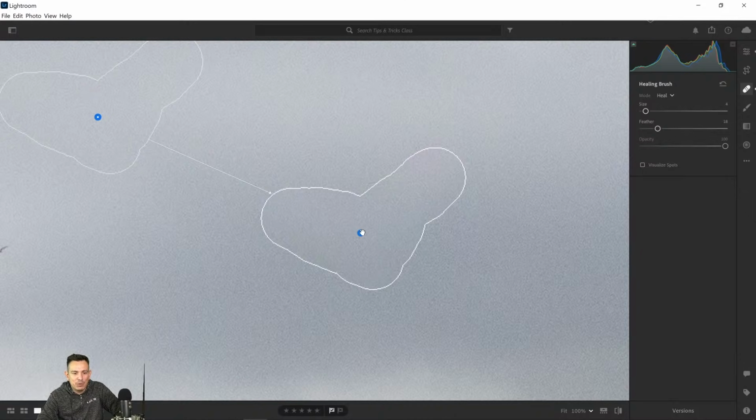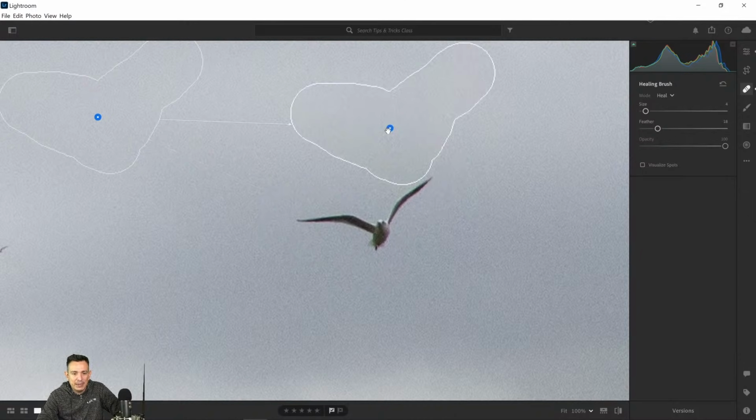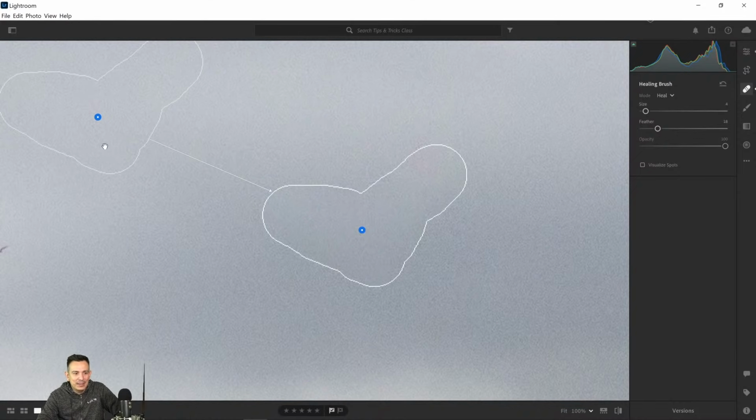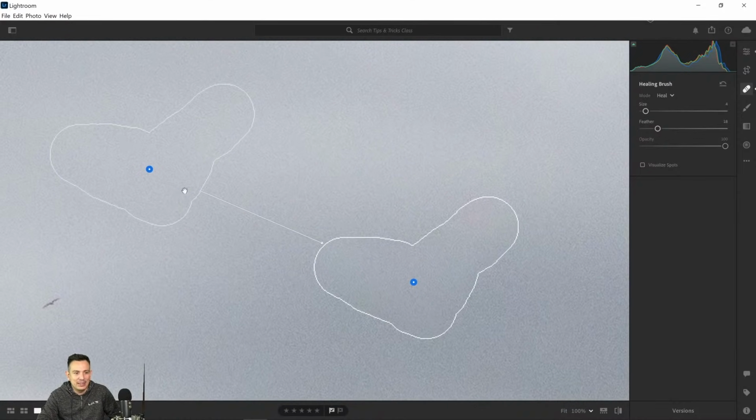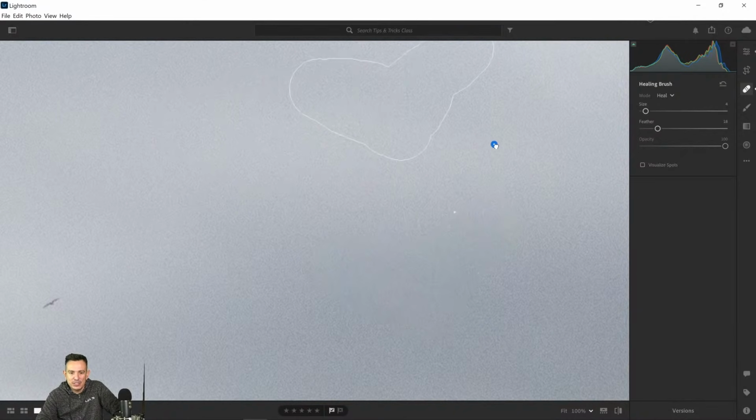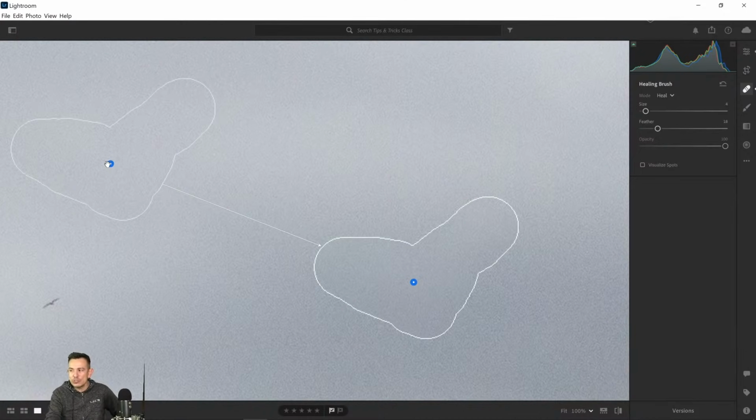So this basically means that I'm removing the contents of this area by using the source pixels on this area on the left. So basically I take the stuff on the left and put it over on the stuff on the right, and I can either heal it, which blends the pixels together, or clone them, which is basically copying. You copy and paste essentially, right? So that is super cool. And as you just saw, you can click and drag to a different location to generate a better result if you want. Now, the keyboard shortcut that most people don't know is that you can let Lightroom automatically select a